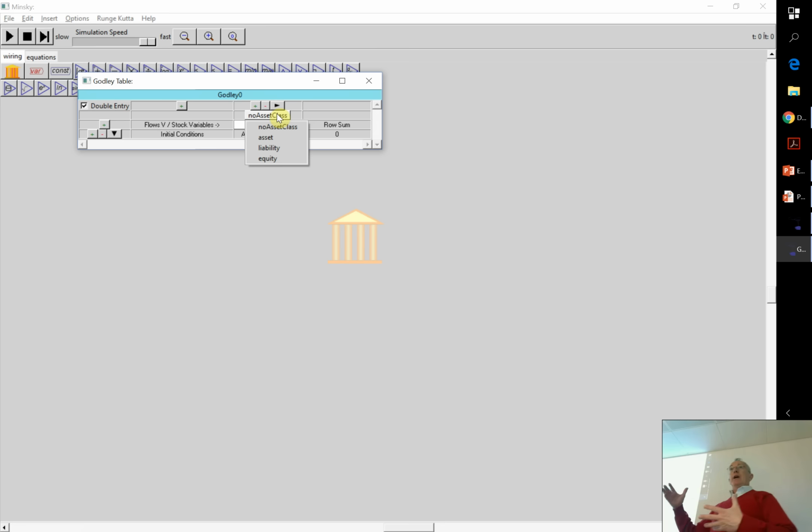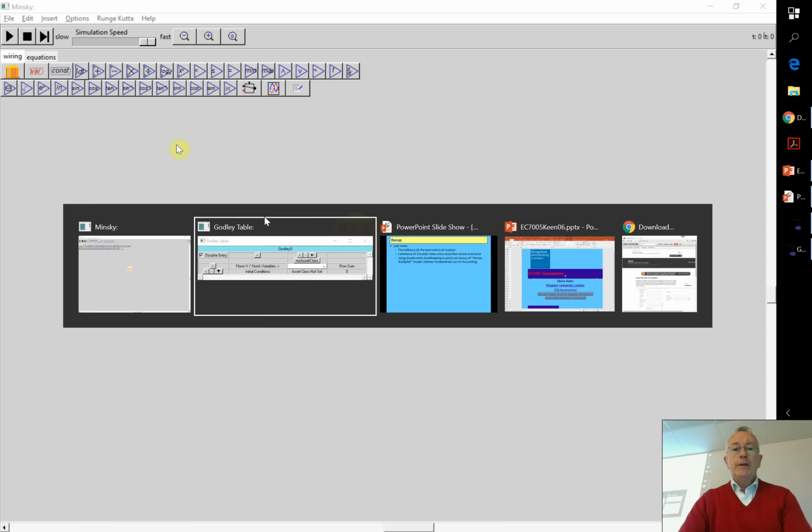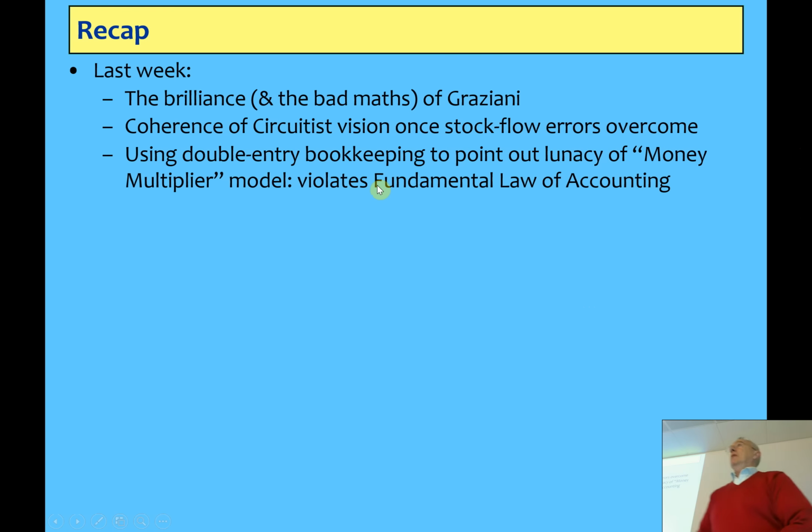At some point that will all change, and when you load a later version of the program, it'll come up with a table that has assets, liabilities and equity all set up, ready to roll. And you expand one or the other. A bit of history there. I would never have developed that without two influences. One was meeting Graziani and reading his 1989 paper, which is one of the recommended readings for the course. The other is meeting Wynne Godley and seeing how Wynne used double entry. Between those two influences, that's where I came up with the idea of tables for that. Okay, a bit long-winded there.